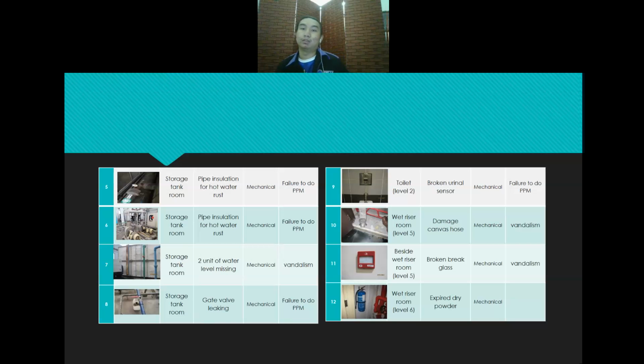Next is the wet riser room, where the canvas hose is damaged due to vandalism, and also beside the wet riser room is a broken break glass due to vandalism, because who else can break the glass when there is no fire? Lastly, inside the wet riser room also, the expired dye of the